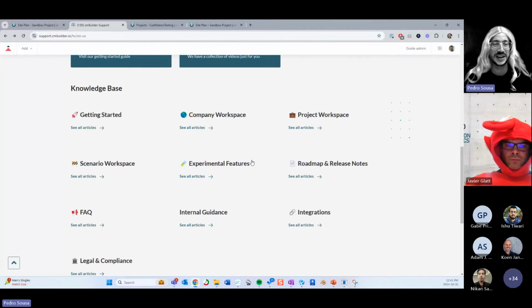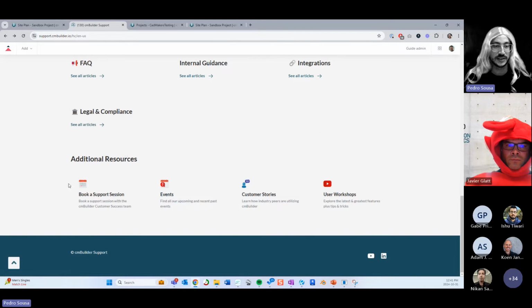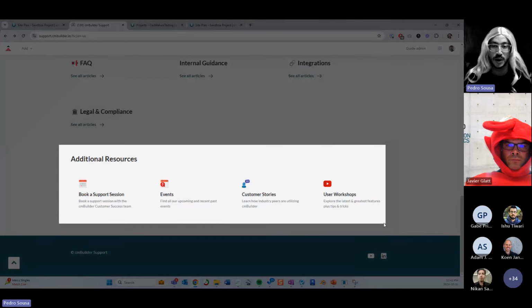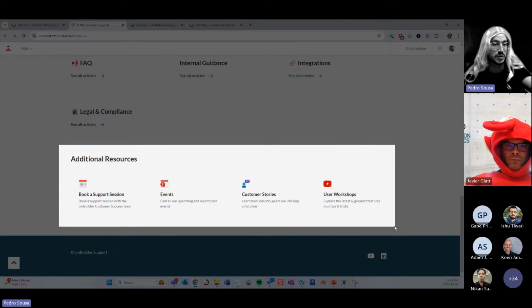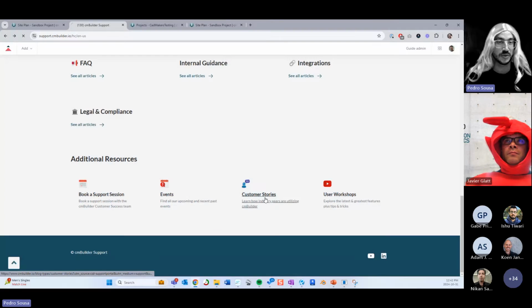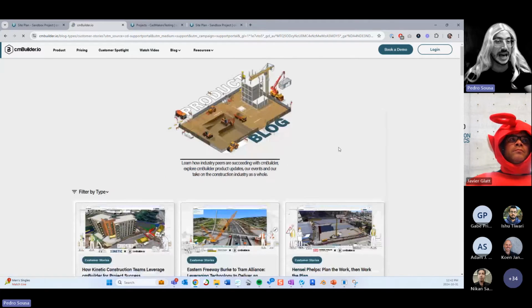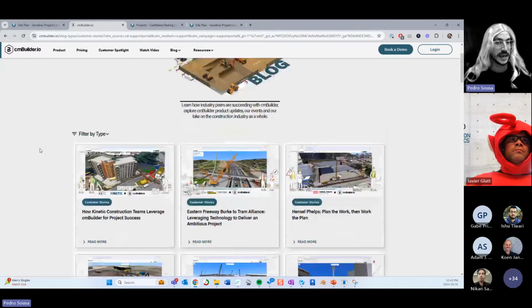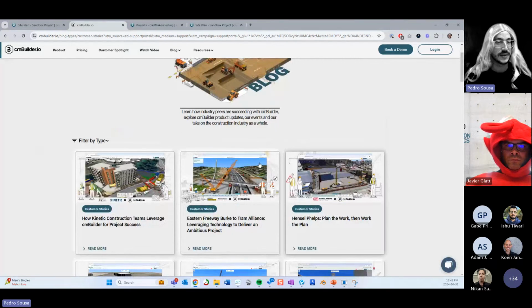So I forgot to show that over here in the end, we do have the additional resources that basically refer to the ability for you to book a support session, the events that we are organizing that are coming now, and the customer story. So basically we have a lot of customers that are providing us with their cases of success and things like that. So it's a great kind of knowledge environment as well, because you can see how other people are using cmBuilder, and you can get inspired to apply these new actions